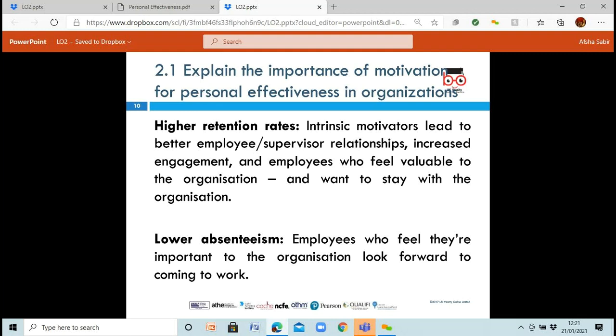And then we go into lower absenteeism. That is where people are being absent, so they're not turning up to work. If somebody doesn't like coming into work, they're not happy with the management, they're not happy with the environment of the work, they're going to be phoning in sick a lot, aren't they? But if you create an environment where they're happy to come into work, you're not going to have that many people phoning in saying, right, I'm not feeling well. It'll just be genuine, where they really are not well, not because they're finding an excuse to not come in.